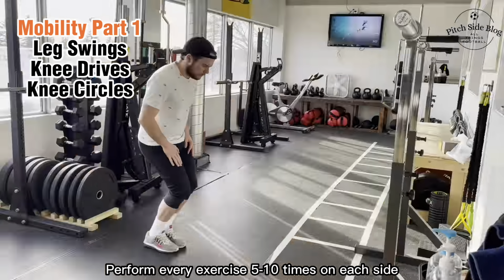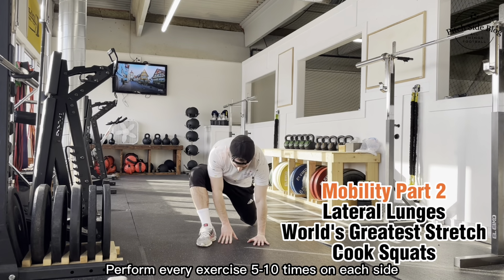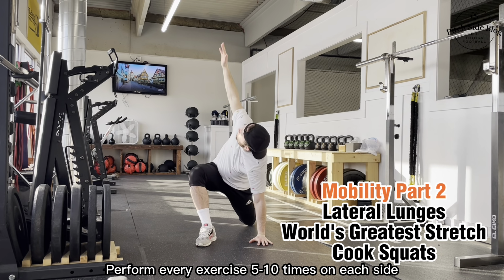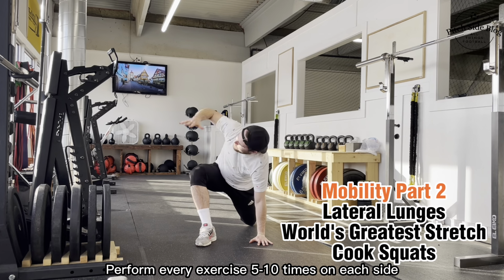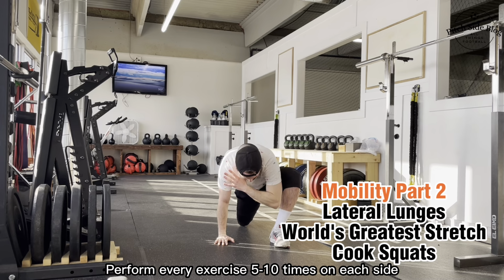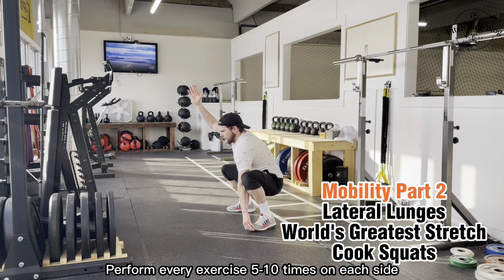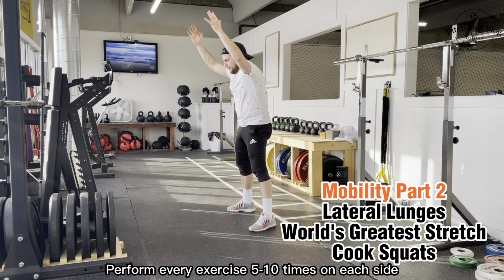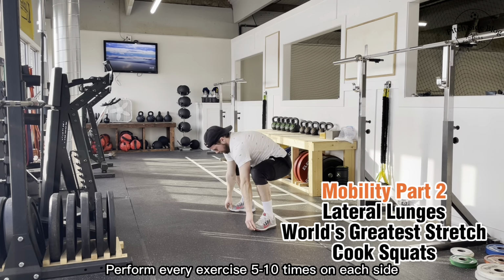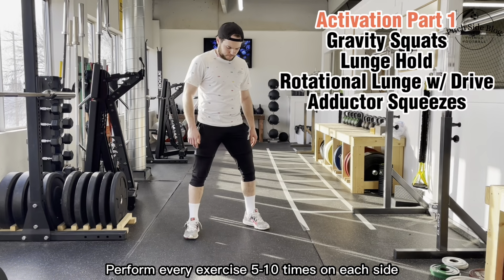So after this, we're then going to work through some neuromuscular activation exercises, which you'll see in a second. And essentially, neuromuscular is just a big fancy word for your brain to body connection, right? So with these neuromuscular exercises, you want to turn on or fire, quote unquote, as many muscle fibers and muscle groups in your body as you can. So that come match time, you can A, produce maximal force, but also B, you want to turn on as many muscle groups as you can so that no muscle group or set of muscle fibers is overstimulated compared to another group, right? So you don't want a certain group of muscles being overworked during the match,